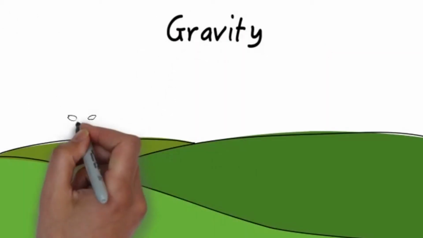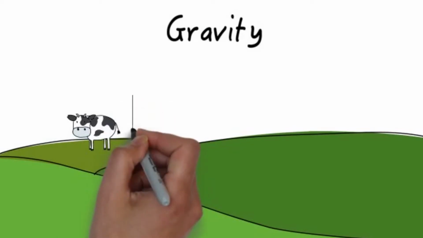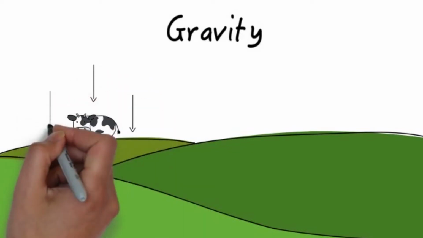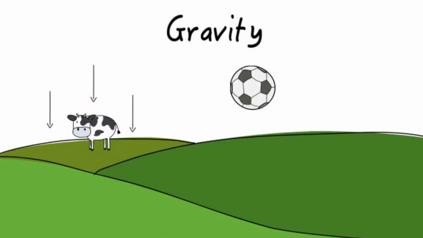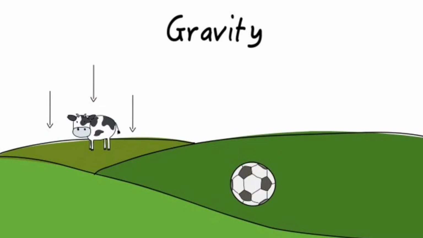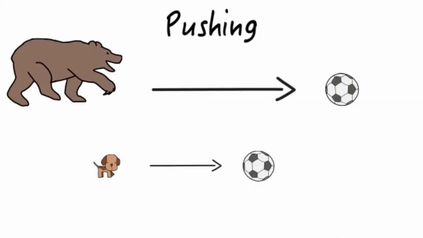Gravity is the attractive force that pulls objects with mass towards one another. On Earth, gravity pulls everything towards the center of the planet. Objects that are more massive have a stronger gravitational pull, which is why your weight on the Moon, an object with less mass than Earth, would be smaller than that on Earth.